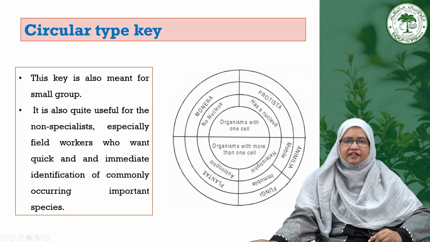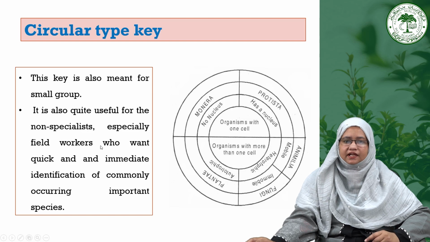Similarly, next is the circular type key. This key is also meant for small groups. It is also quite useful for non-specialists, especially field workers who want a quick and immediate identification of commonly occurring important species. You can see here the circular type key for the five kingdom